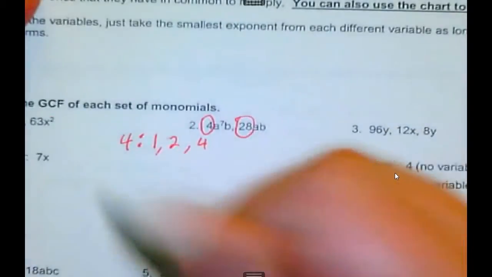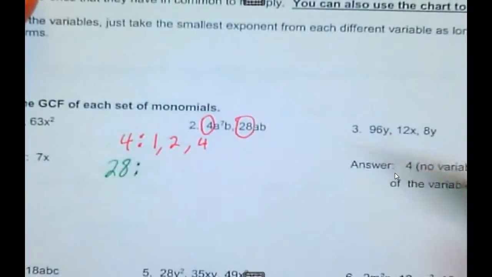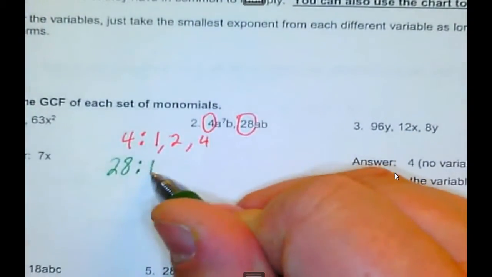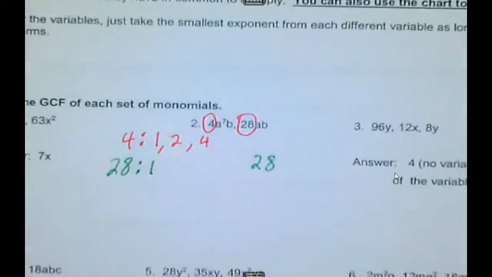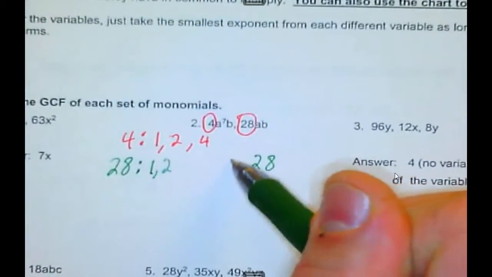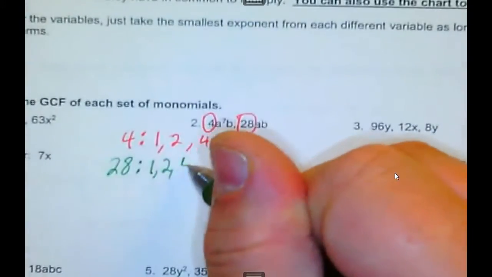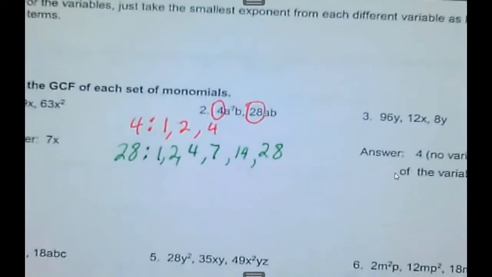Now, 28 is going to be a little more thinking. Give me two numbers to multiply together to get 28. 1 and 28. That's always the easiest one, right? What else? 2 and 14. Any others? 7 and 4. Okay. Now,